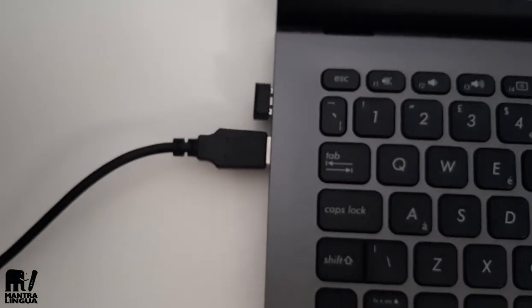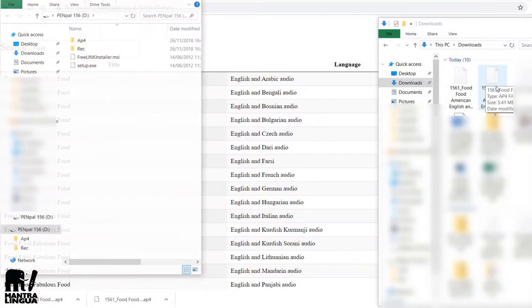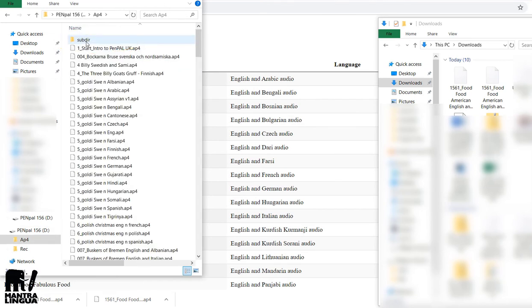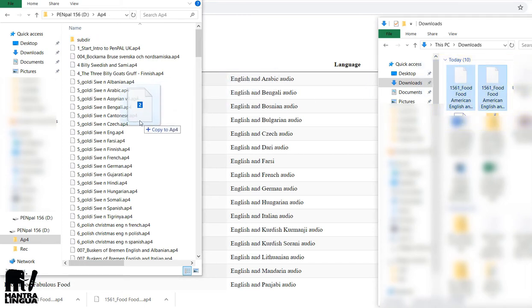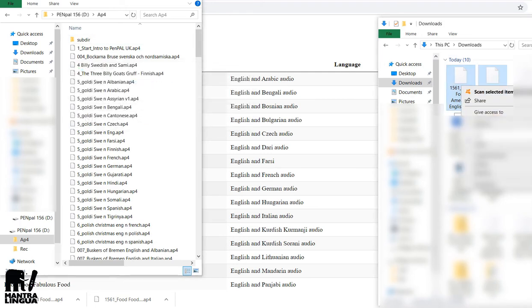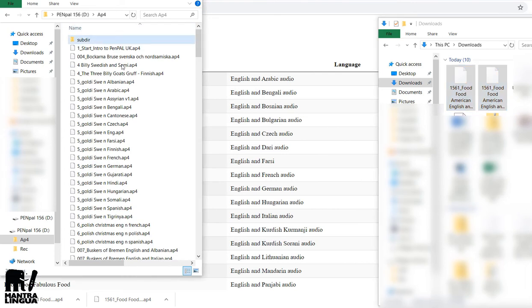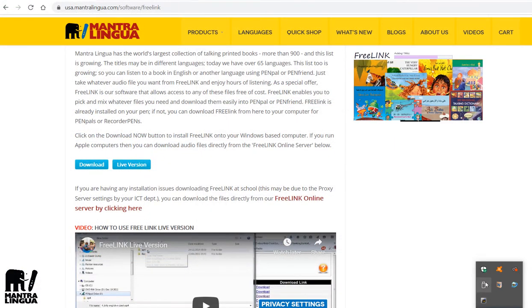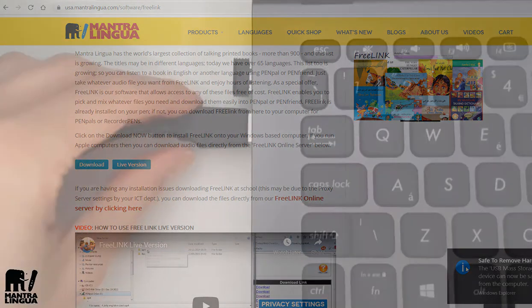Connect your talking pen using the USB cable provided. Open the folder on your talking pen called AP4. Now open the Download folder on your computer. Select the audio files and drag them across to the AP4 folder on your pen. You can also select the files, right-click, copy, and then paste them into the AP4 folder. Wait for the files to get moved across to your talking pen, then safely disconnect and the pen is ready